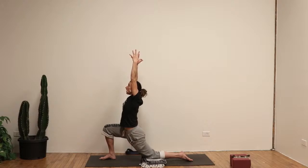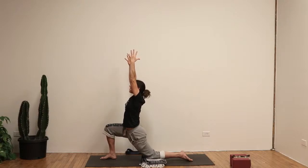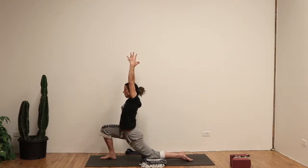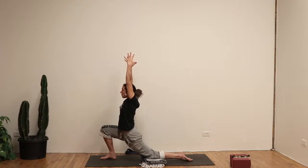So inhaling, the upper back away from the mid back, palm to palm pressure. Imagine there's a shoulder-wide block and you're just palming it, hanging onto it. Exhaling, the ribs hang down away from the palms. Let's do 2 more breaths, ensuring that we are breathing